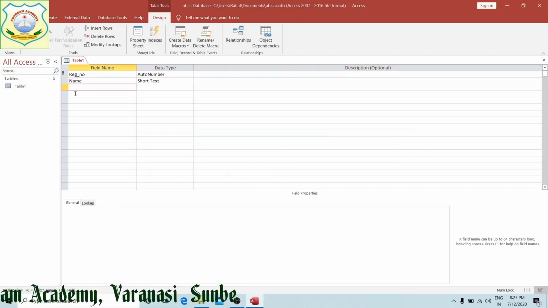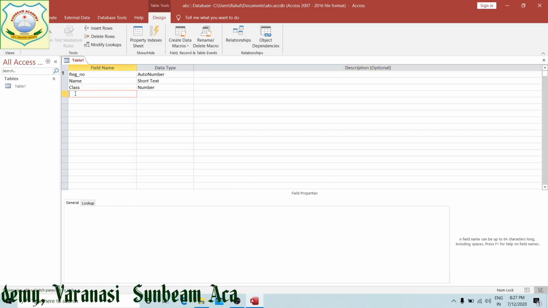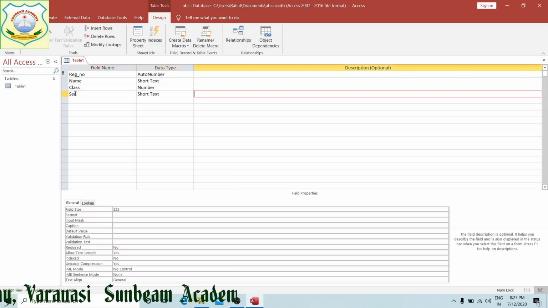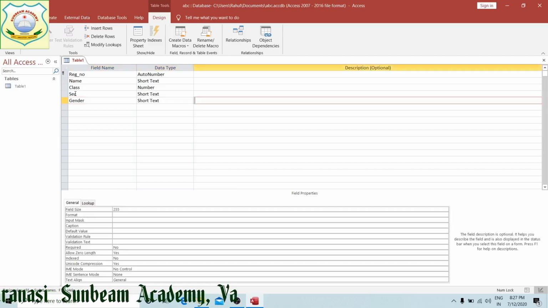Then I am going to take class, short text, or number, I am going to take number, right? Then section, section will be short text, and gender, right? Short text.